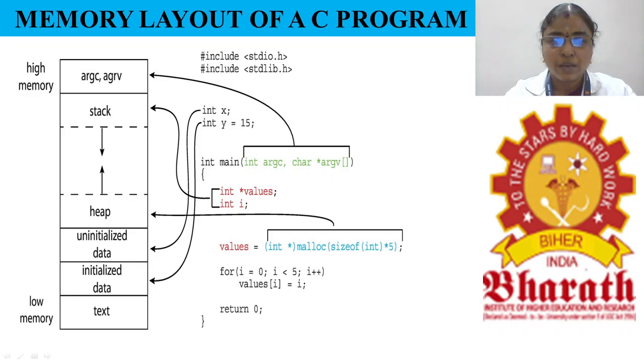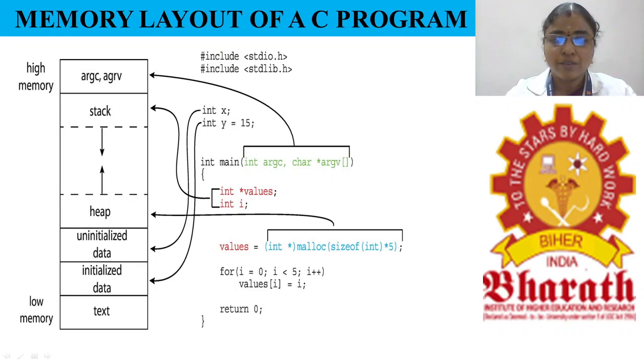So consider this sample C program, which starts with #include <stdio.h>, which contains a preprocessor directive, that is #include. stdio.h is nothing but the standard input output header file. Then the standard library is also added here. Here I am going to declare two variables, int x, then int y = 15. In these two variables, I assign the value 15 to the y variable, but x doesn't contain any value.